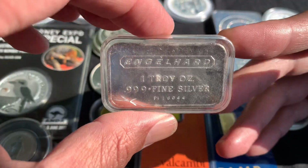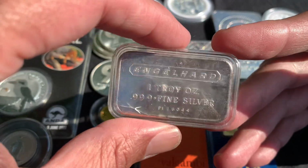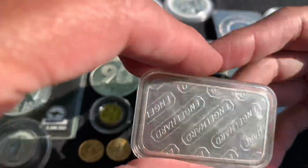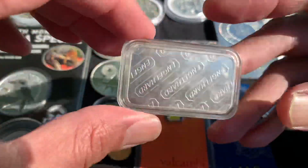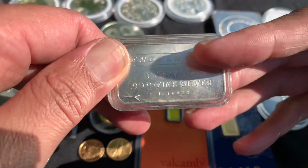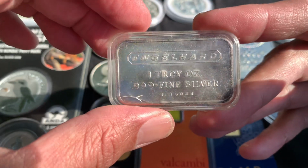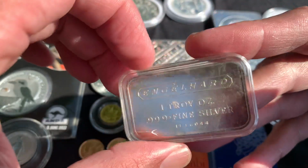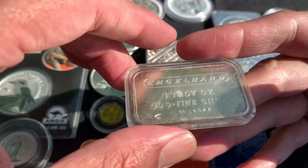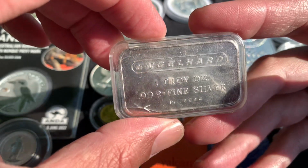Anyway, the first time I'd ever seen one of these, the 1 ounce Engelhard bar, this was probably 2020. I saw a few of these in the case. Now, this is actually the nicer of the two. I have another one that has a frosted back, doesn't have the embossing, but the front is the same. And I was like, oh, that's cool. Obviously the Engelhard bars are collectible, even though these ones are very easy to come by. I went in there and asked, how much for that? And he's like,